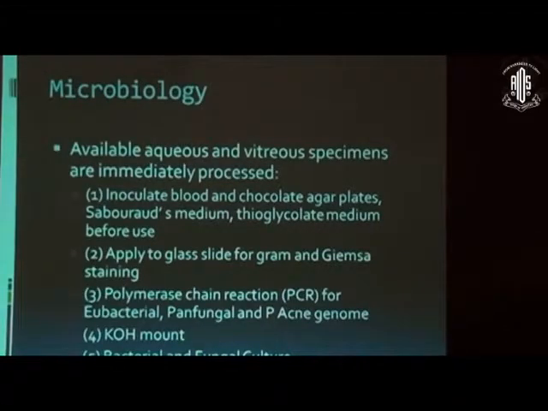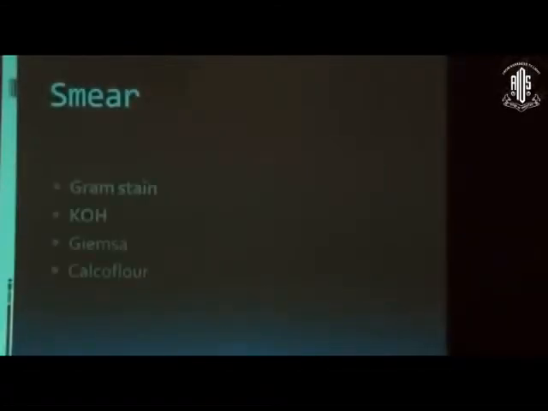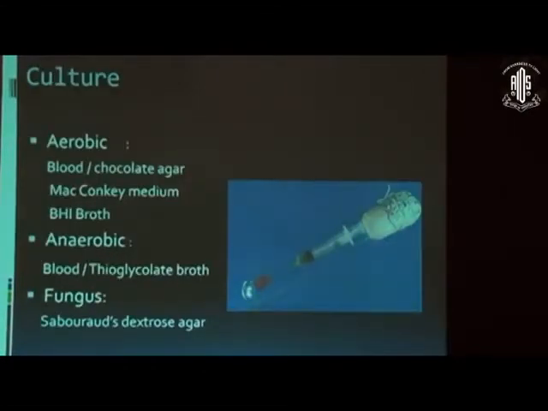We can take a sample from the anterior chamber itself and send it for microbiological evaluation as soon as possible. Smear to be done for Gram, KOH, Giemsa and calcofluor, and then culture for aerobic, anaerobic, and fungus. The sensitivity of the microbiological test depends on the sample taken from the eye. The AC tap has the least sensitivity as compared to the vitreous tap. However, if you are in doubt, you can take samples from corneal clippings, infected sutures, or even sometimes the IOL can be taken out while doing vitrectomies.